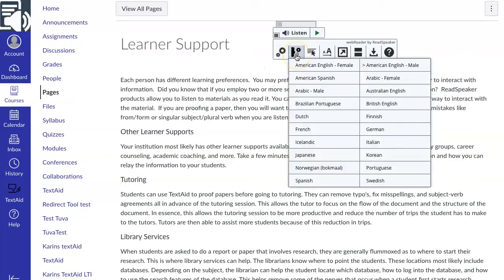But up here we have reading language. And let me explain one thing about reading language. It is not a translation tool. It should always match the language of the document that you're reading, whether that be a file like it is here, or if we are reading a document itself. Your reading language should always match it. It is not a translation tool.